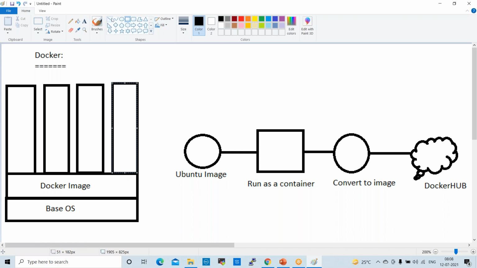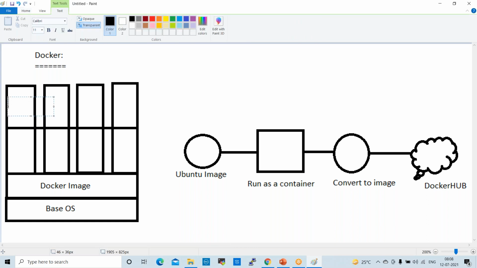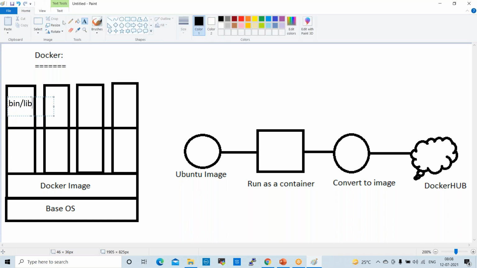So when we run containers, what will happen? When you run the container, if you check ls, it will show you only binary files and library files, bin and lib files. On these containers, we deploy different packages, different applications, different microservices, right?